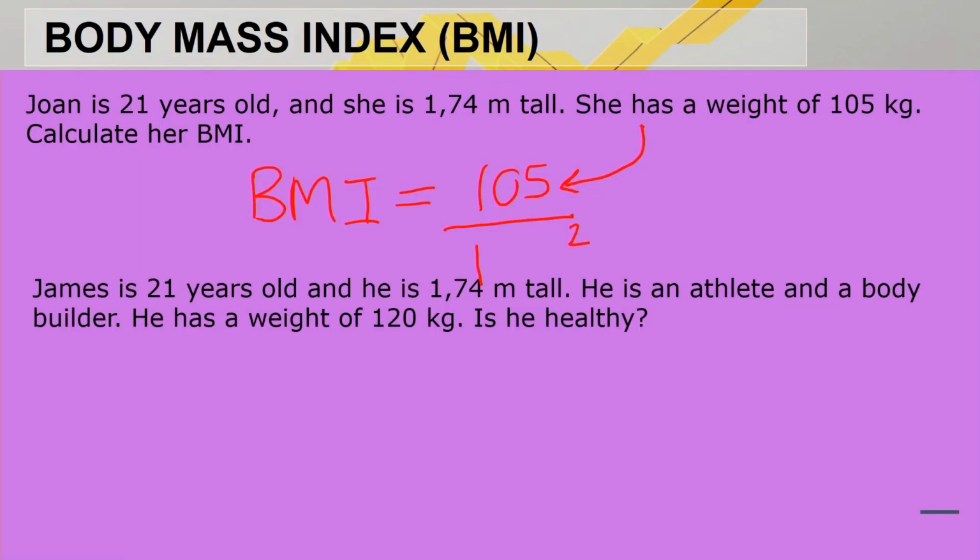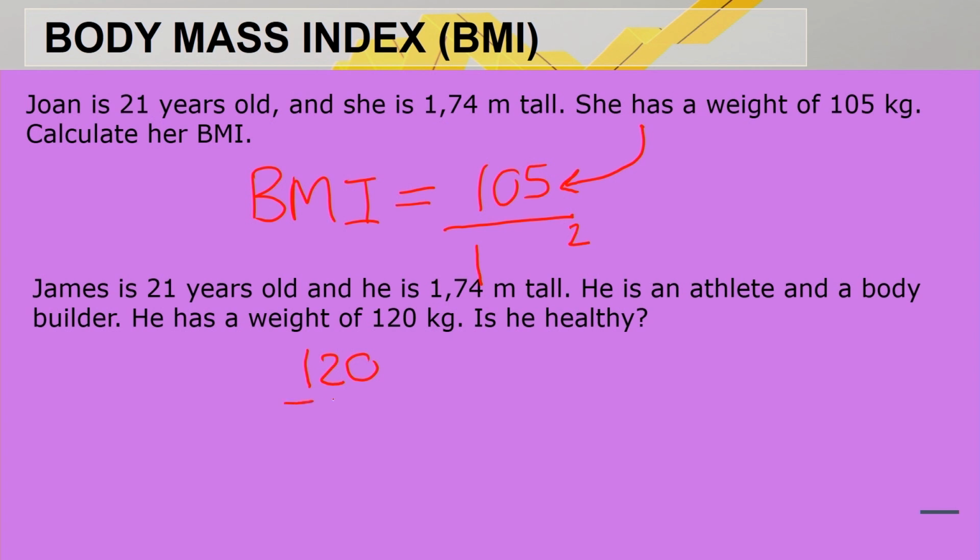Okay, so now we know that BMI is one of the factors that we look at when we determine our health status. But James is a bodybuilder, meaning he has got a lot of muscle, and muscle weighs more than fat. But let's look at the BMI. So his BMI is going to be